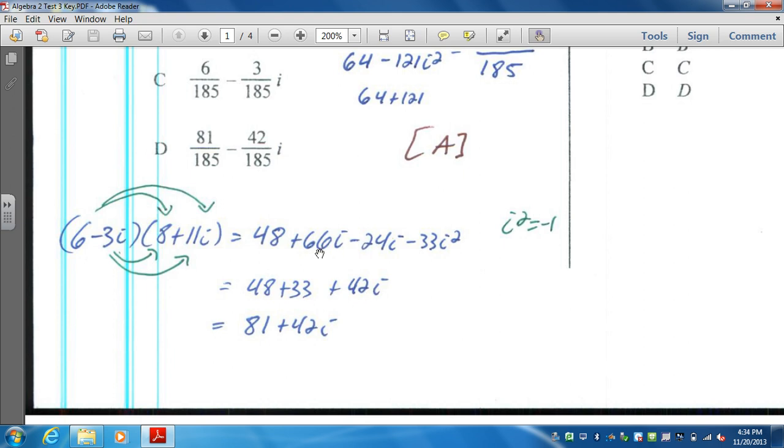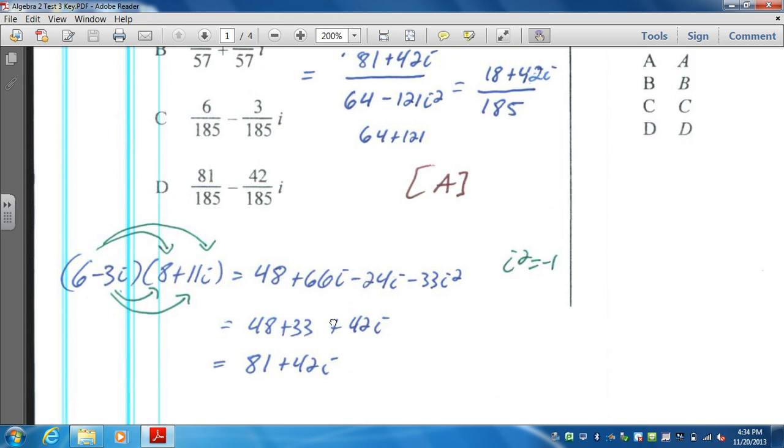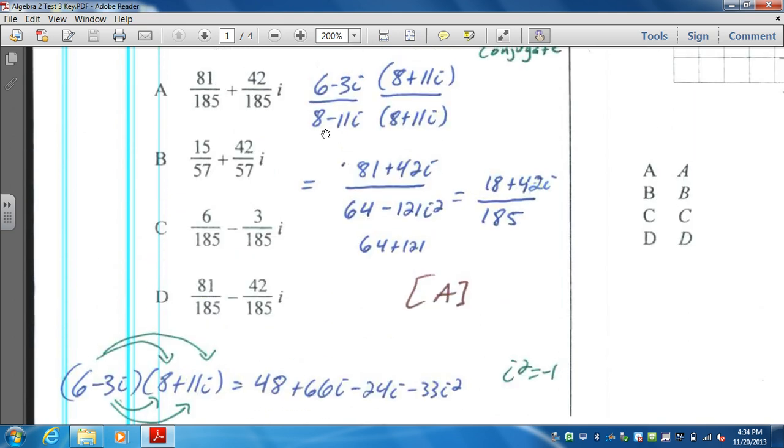And you combine 66 and negative 24, it gives you 42. And then when you multiply the bottom, the denominator, you distribute 8 and 8 gives you 64. The conjugate, the middle part, cancels out. And when you multiply negative 11i, positive 11i, you get negative 121i